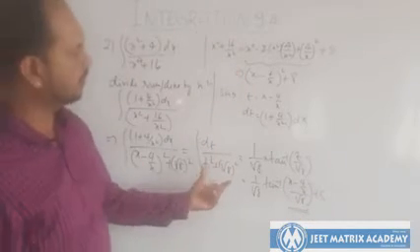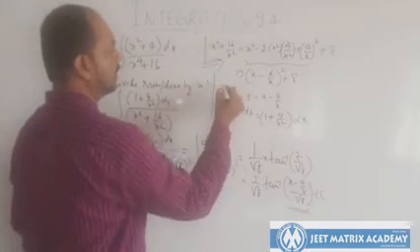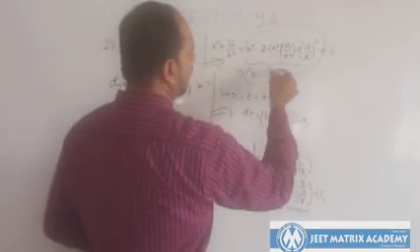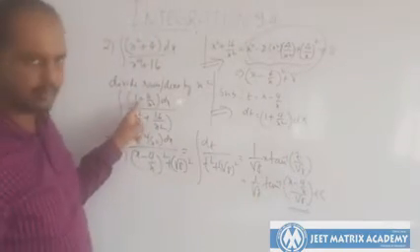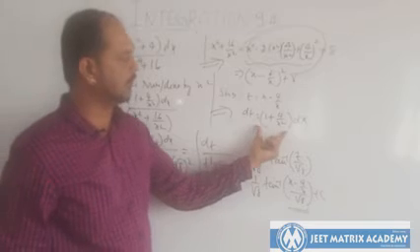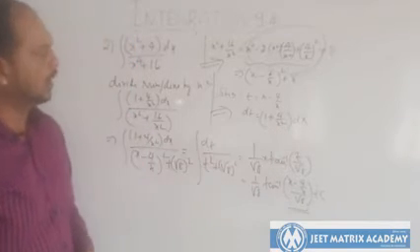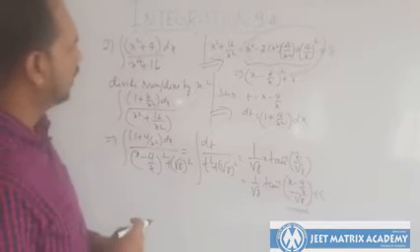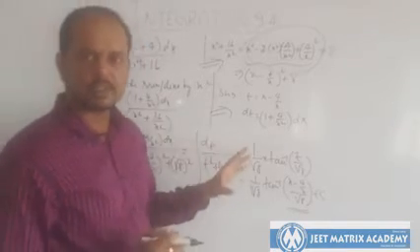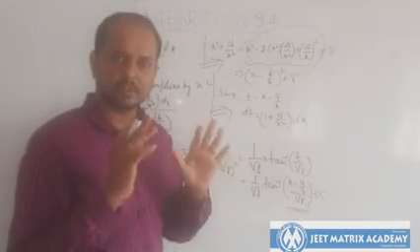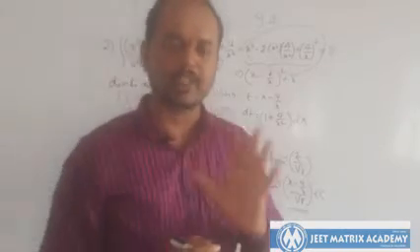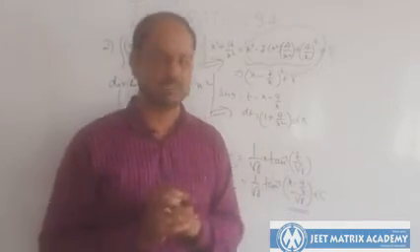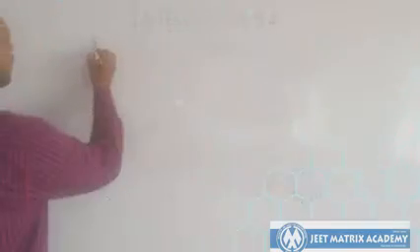Hope you got the trick, this part as well as this part, manipulating this part as per the requirement of the numerator, because when you substitute I am getting 1 plus 4 by x square. So this is how you should follow, very small things, but remembering these things is not so simple unless you practice yourself, at least 5 times you're supposed to practice. We'll see the next one.